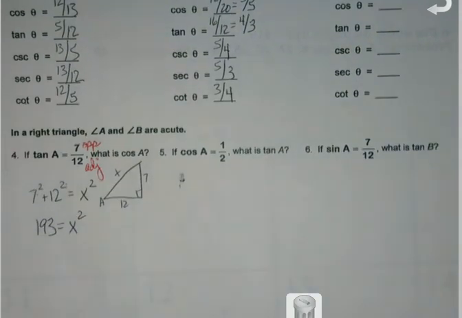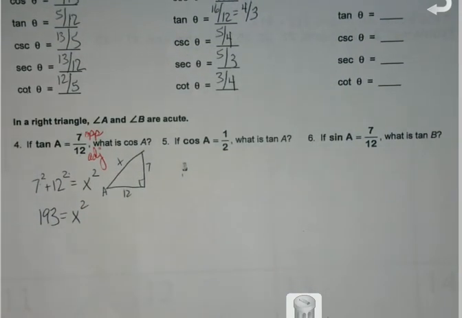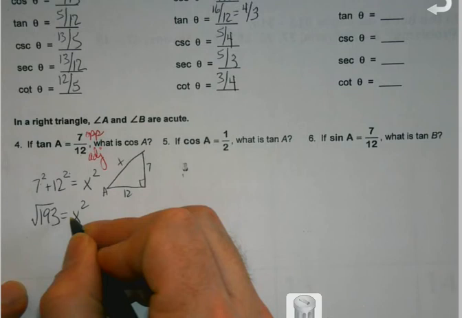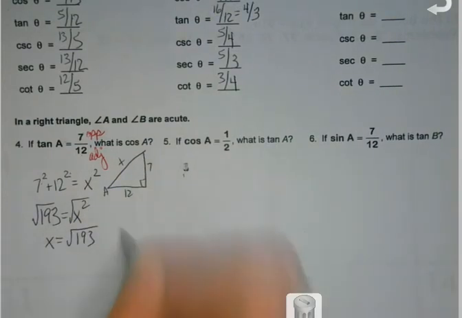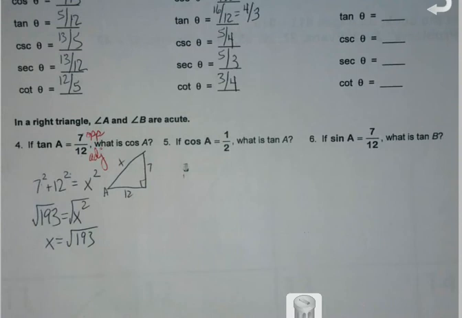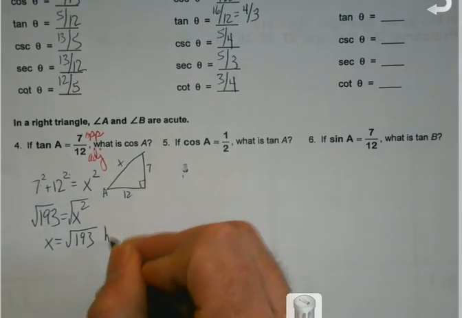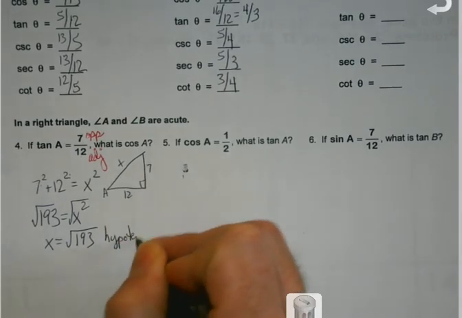Now here's the one kicker, my decimal people. We are not going to use a decimal. You're like, but I can't do anything with the square root of 193. First, always make sure you can't. Think of some possible numbers that might go in there nicely. If you find one, cool, but I don't think you're going to find one this time. So if that's the case, and that happens to be my hypotenuse,